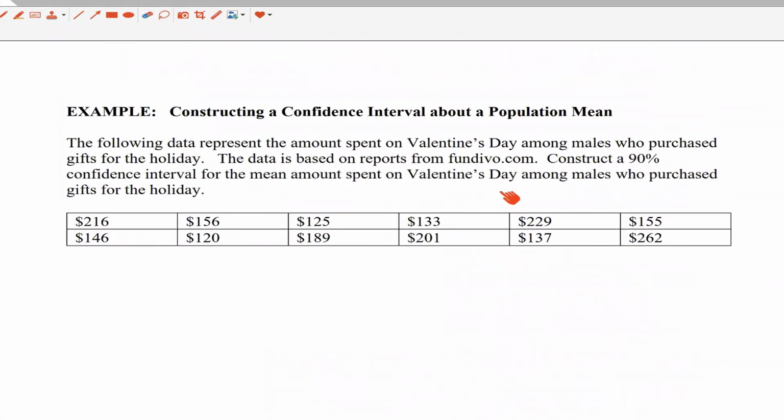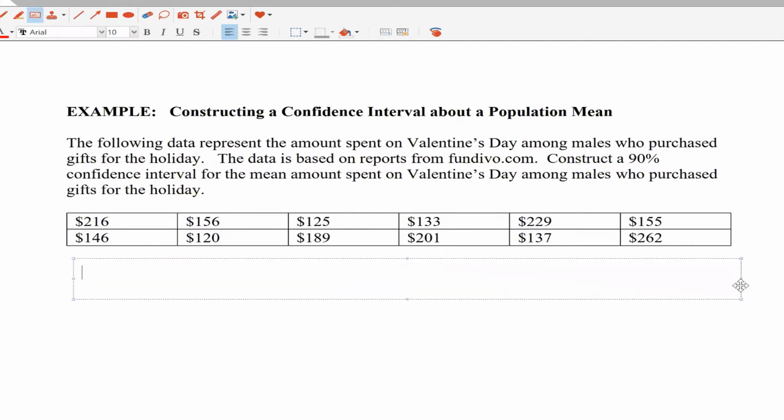We're going to construct a confidence interval about a population mean. We're going to once again use our Valentine's Day data. We are told that the data comes from a random sample. Well, we'll just assume it comes from a random sample of males. So let's review our conditions. We have a random